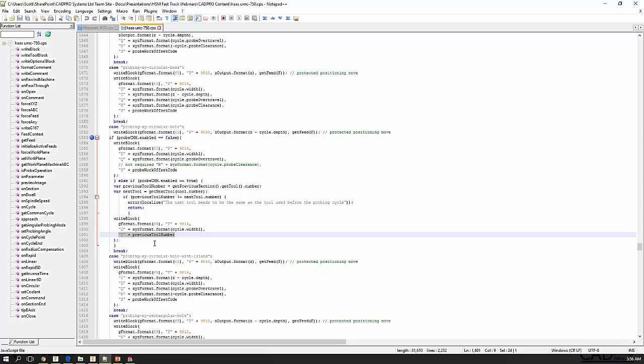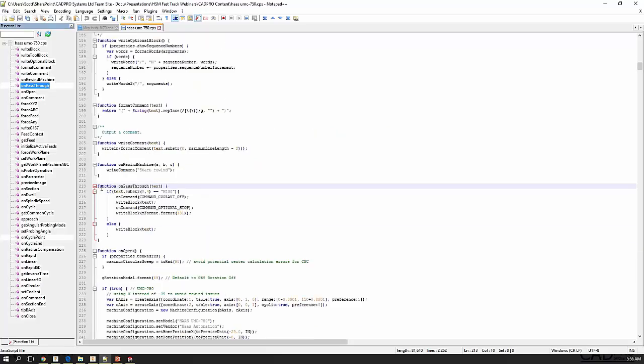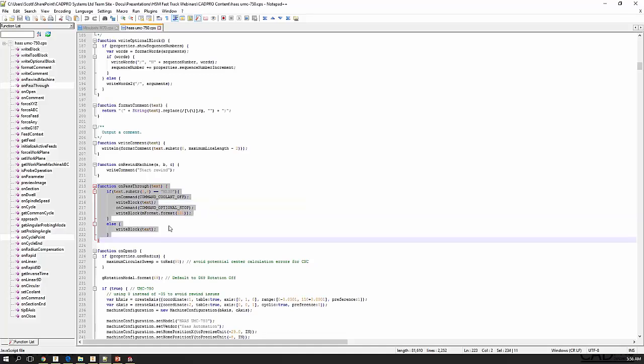Now, the other thing that Gavin did was pass through. On pass through, basically this isn't in all of the posts, but if you add on pass through in there, then you can do some extra stuff. So that's where, when we post this code out,